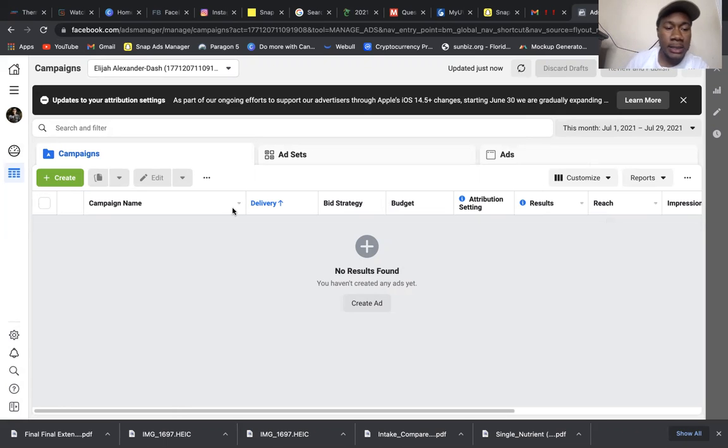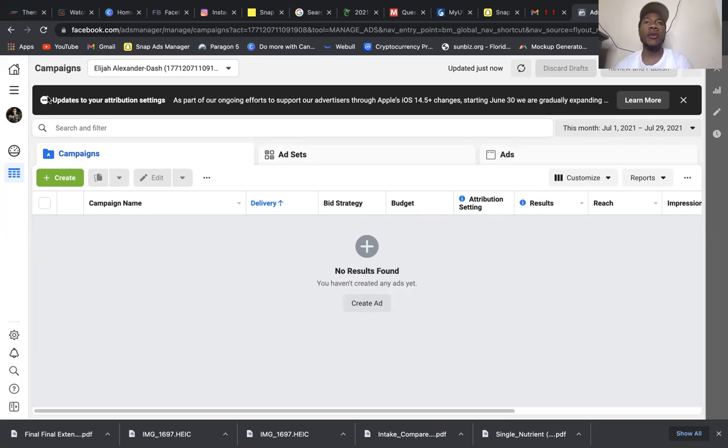Now, before I get started into the nitty gritty of this part, I want to let you know that this was recorded after the new rules were put in place about Apple's iOS 14.5 changes. It's not necessarily important, but I did want to let you know.